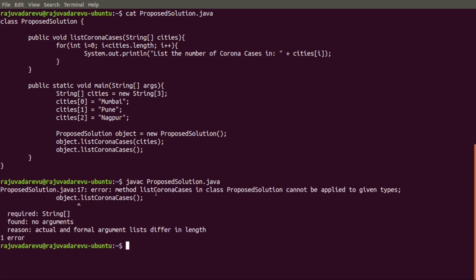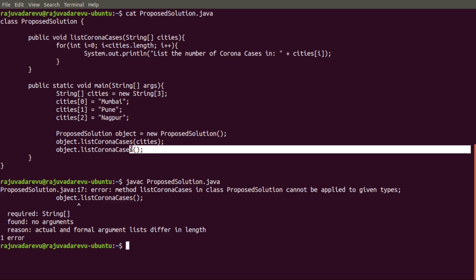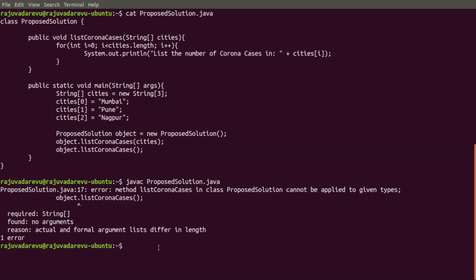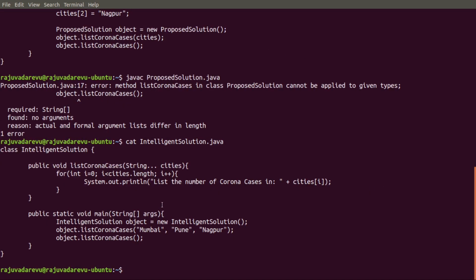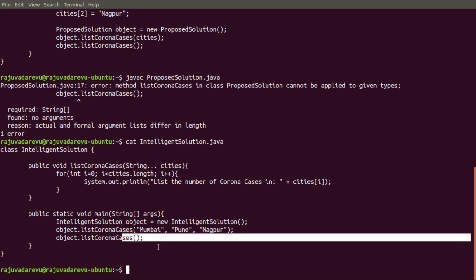and we were getting this compile time error. The compile time error was saying that this particular method cannot be invoked without passing any arguments. Okay. Now since we have understood the concept of the varargs method, we have implemented this particular solution using the varargs concept, and you came up with this particular solution. And if you see closely, here instead of using a string array, we have used a vararg parameter. That means this particular method will now be termed as a vararg method. Now since this is a vararg method, it can be called by passing a variable number of arguments. That means we can call this method by passing zero arguments as well.